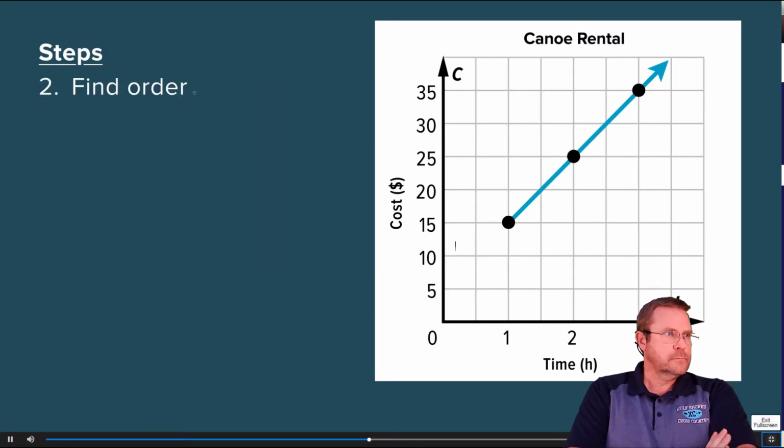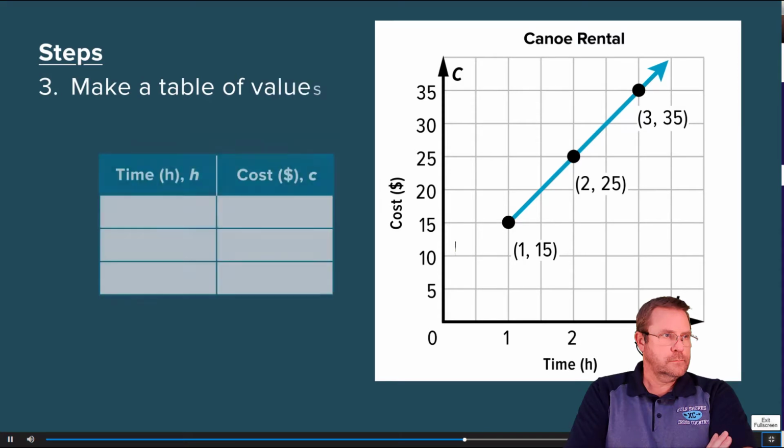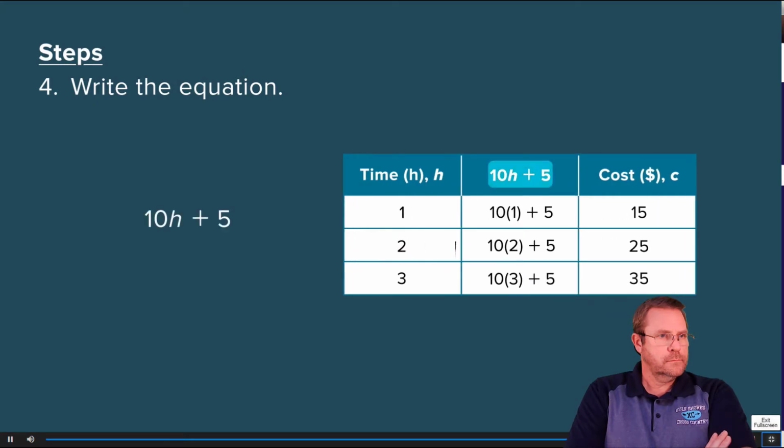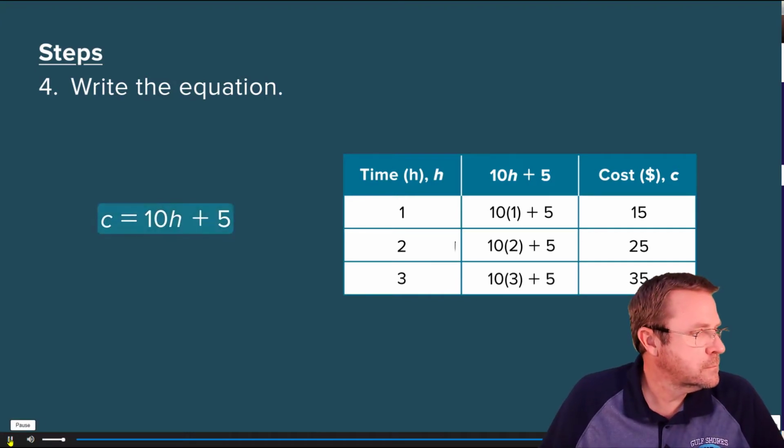Next, find ordered pairs on the graph of the relationship. The graph includes the ordered pairs (1, 15), (2, 25), and (3, 35). Use the ordered pairs to make a table of values for the independent and dependent variables. Finally, use the table to write the equation. The rule is 10h plus 5. So the equation that can be used to determine the cost C in dollars of renting a